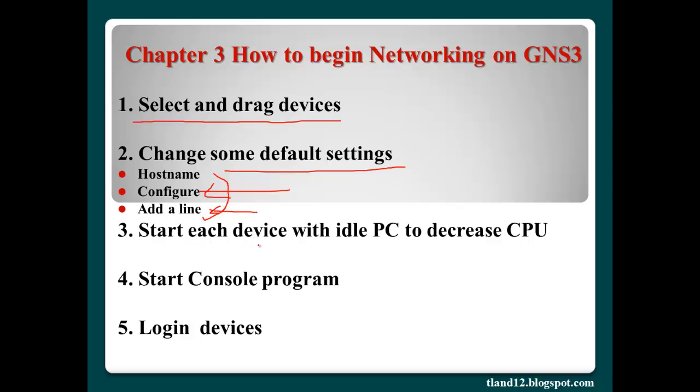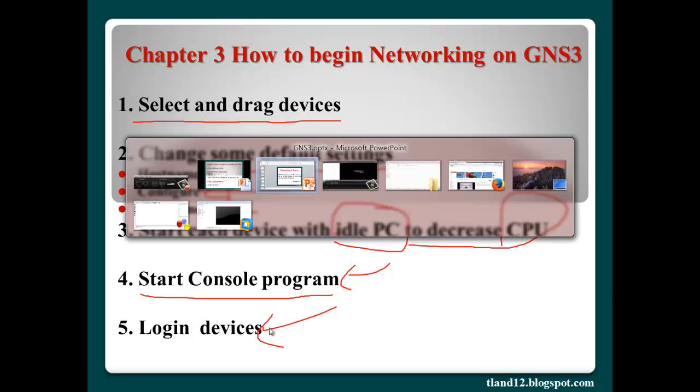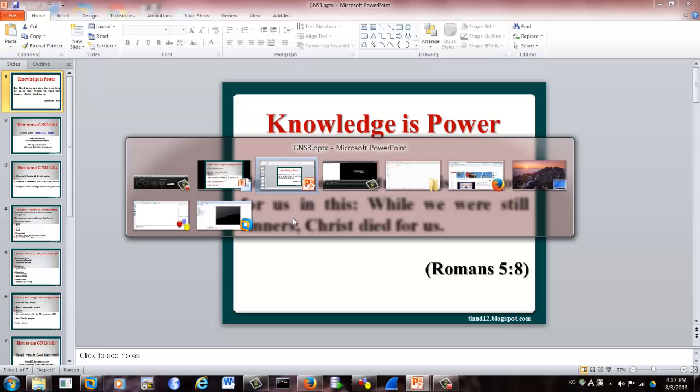After that, you start these devices with idle PC, which normally helps decrease your CPU usage. And after that, you start the console program to access or log in to these devices. Okay, then let's start the